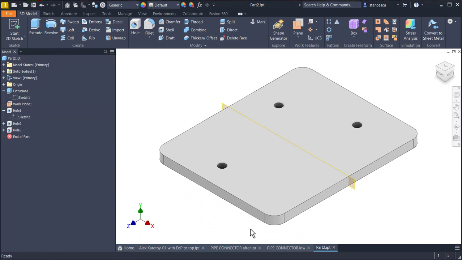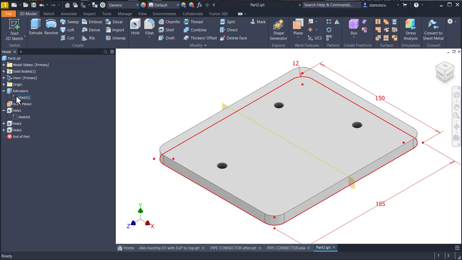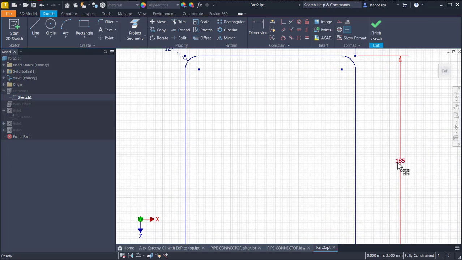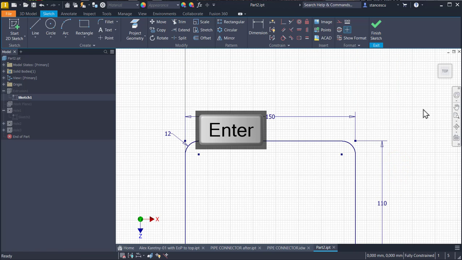Yes. Now when I modify the dimension 185 to 110,